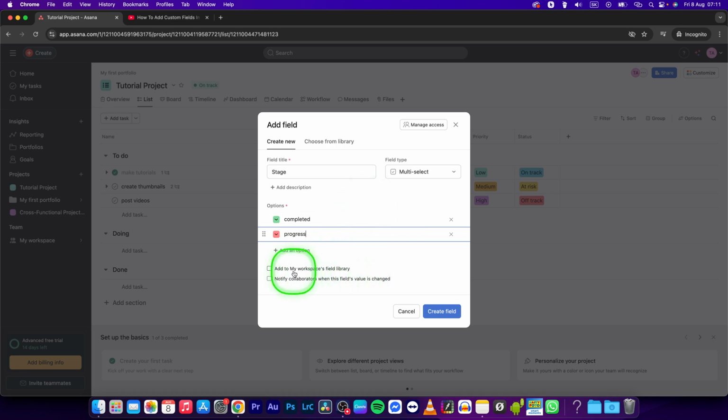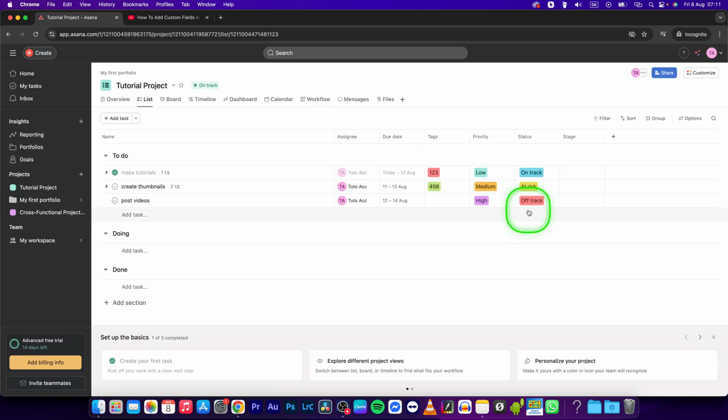Now you can add it to my workspace field library right here, or notify collaborators when this field's value is changed. So this. Now click on create field, and now your custom field is successfully created,